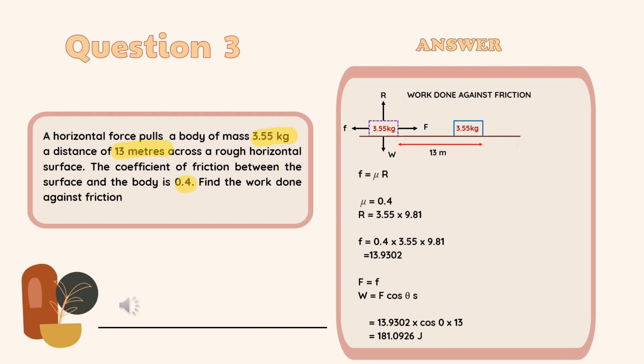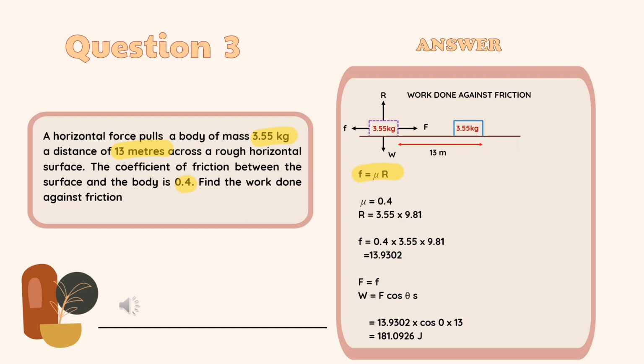I use the formula F equal to mu R, mu equal to 0.4, R equal to 3.55 multiplied by gravity 9.81. So F equal to 0.4 multiplied by 3.55 multiplied by 9.81. The answer for F is